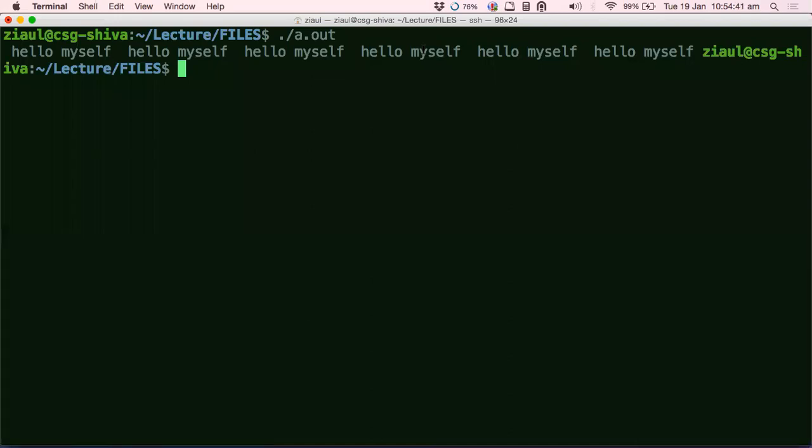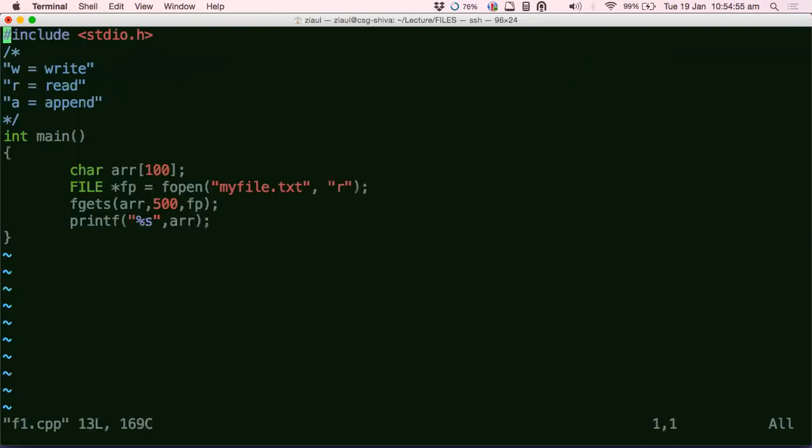I'll come to that, not till backslash, and there is something else. There is one concept here. But this is the way in fgets: you can read the entire file by just putting a very big value. You can say fgets, use an array, and then just give a very big value to read the entire file. It's called end of file. I'll come to what end of file is later on. Wait. Okay, I think this is clear.